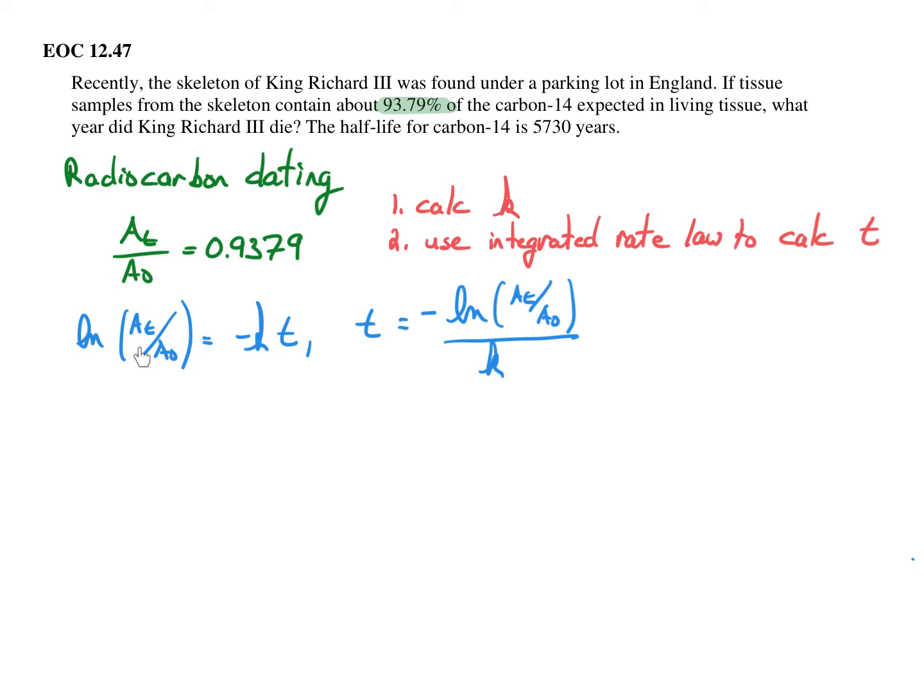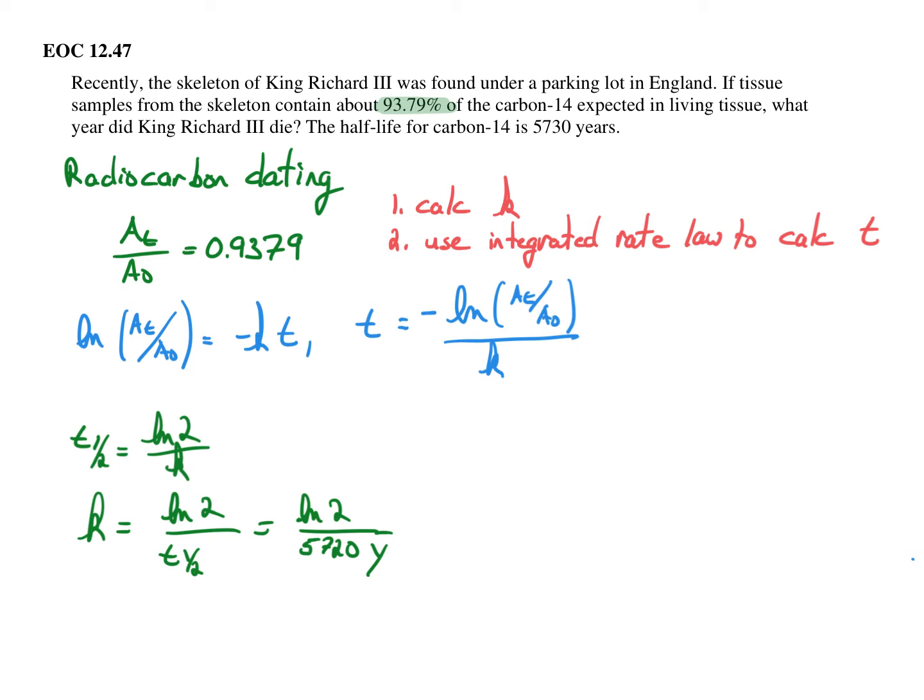So here's the integrated first-order rate law. We know this value here. All we need to do is calculate K and plug and chug. Okay, so here we're trying to calculate K. We remember the equation for half-life, solve that for K,